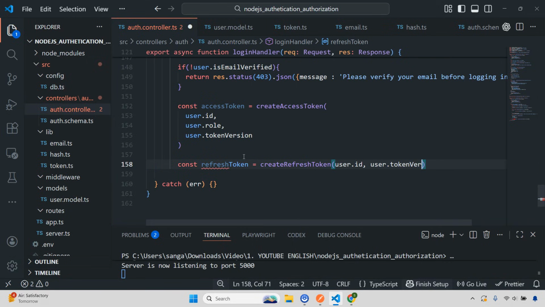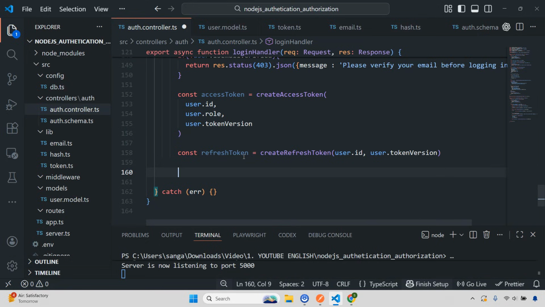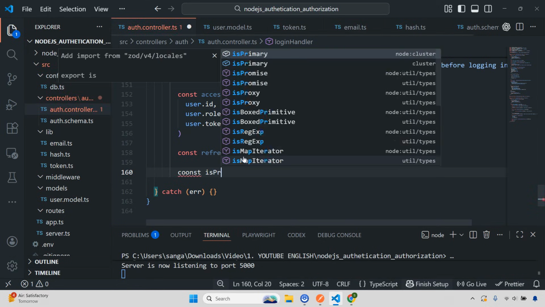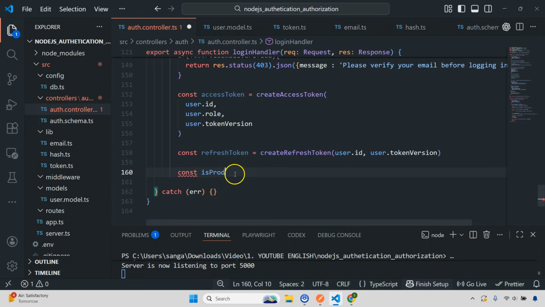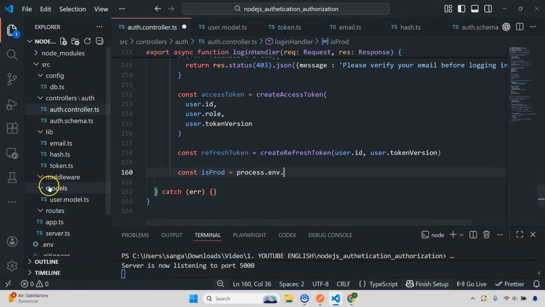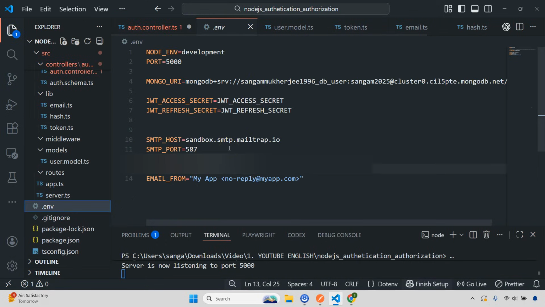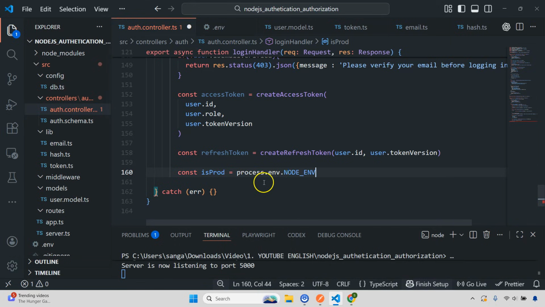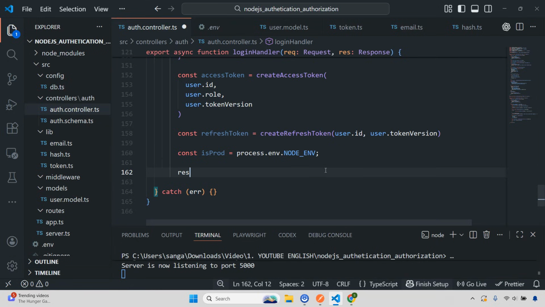Once this is done, we are simply going to set the refresh token for an HTTP-only cookie. But how are we going to do that? I'm going to first take a variable, and I'll do const isProd, whether this is a prod environment or not. So I'm simply going to check the process.env, so I'll go here and check. Don't copy all these things. You can use this JWT refresh secret also, which is fine, but I'm checking if the environment is development or prod, and based on that I'll do res.cookie,